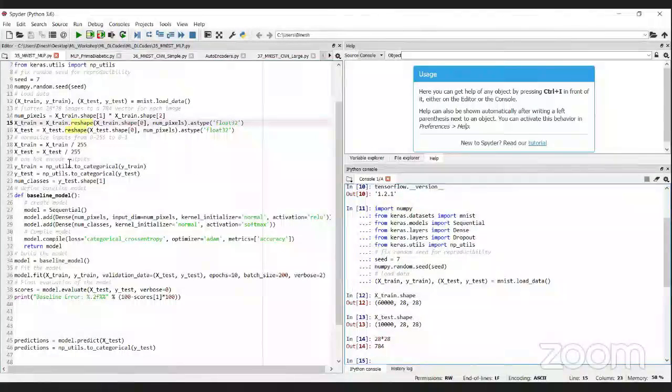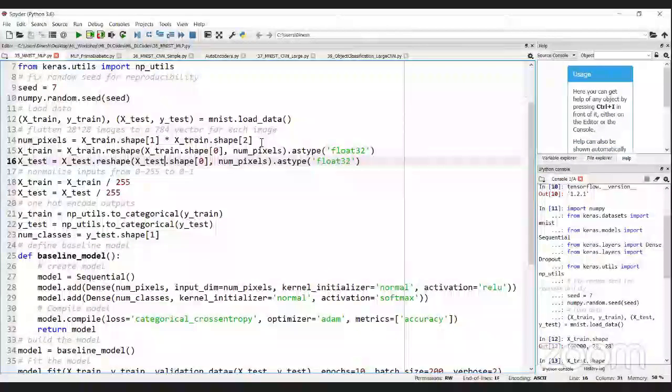So 784 pixels. Okay, try to understand what we are trying to do, because this is only a toy problem. It will not solve any specific challenging problem, but these concepts can be used to solve any challenging problem. So try to understand what it is actually doing, so that you can use it for different applications or to solve your own problems.